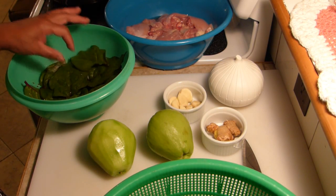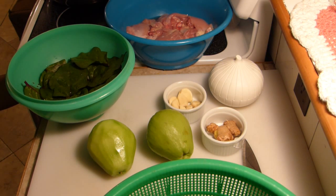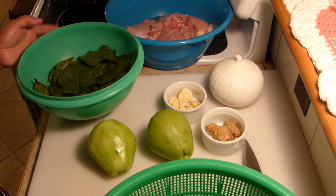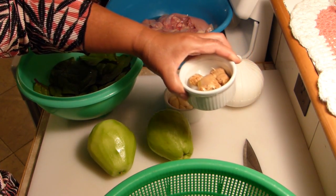So today's recipe is chicken soup, but not just your ordinary chicken soup. I am making this mainly not just for nutritional, but its medicinal value, and you will see what I mean by that when I show you all of the ingredients. Okay, now we're gonna start with ginger